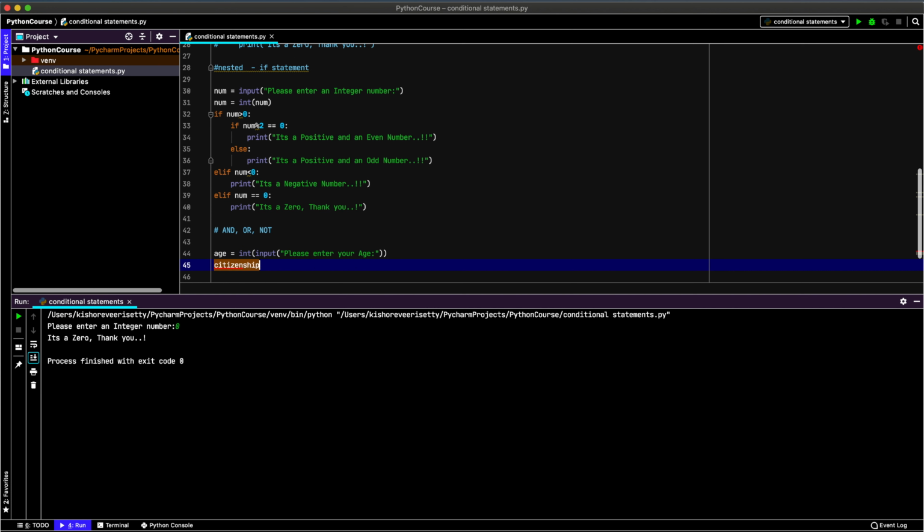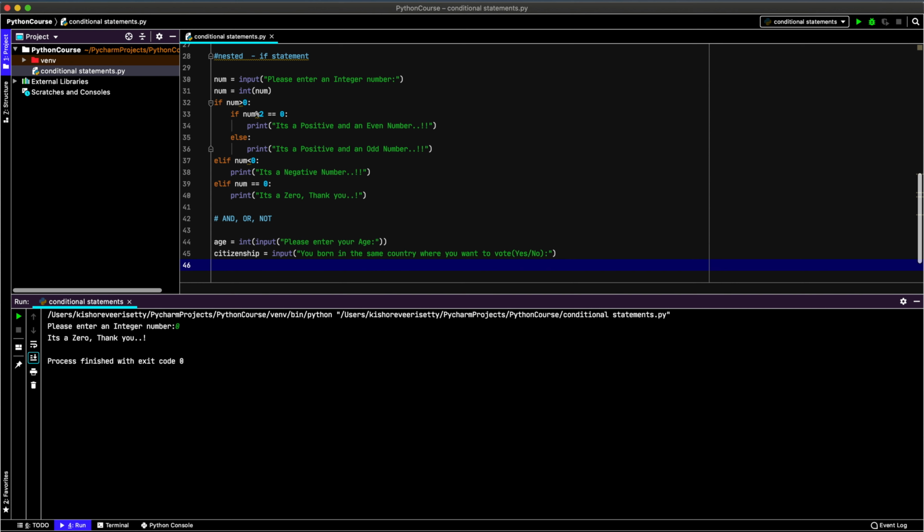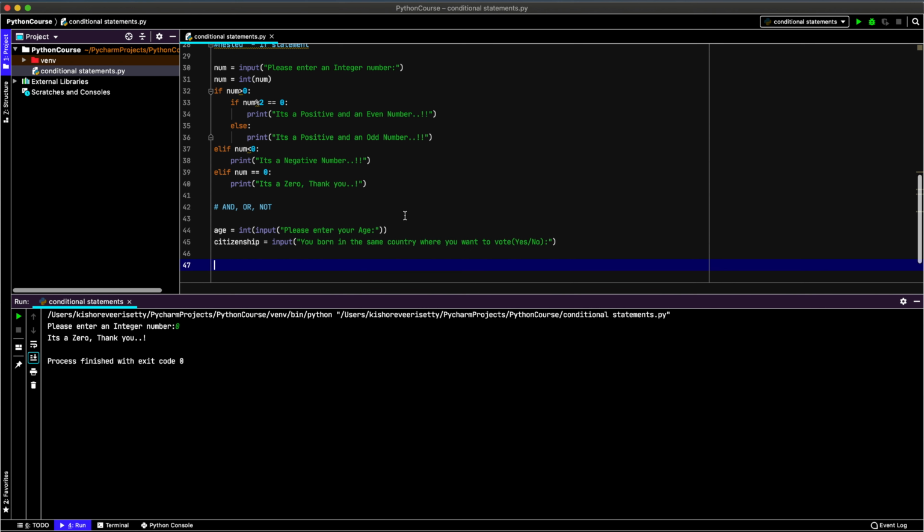Citizenship equal to input("Were you born in the same country where you want to work? Set back as yes or no"). These are the two variables I created,